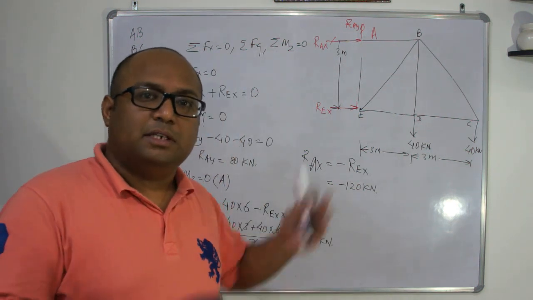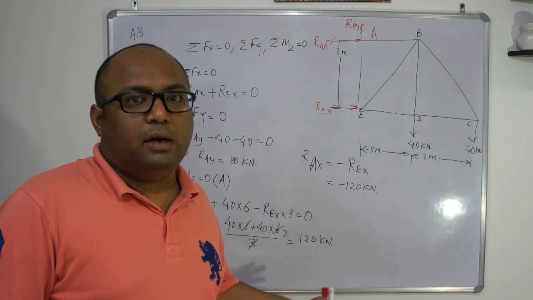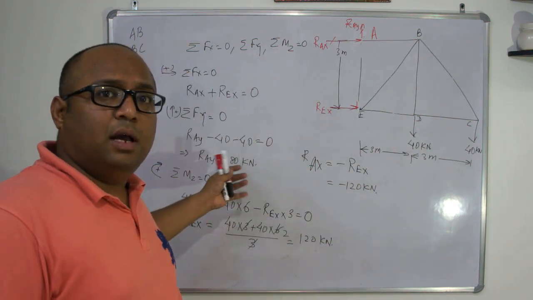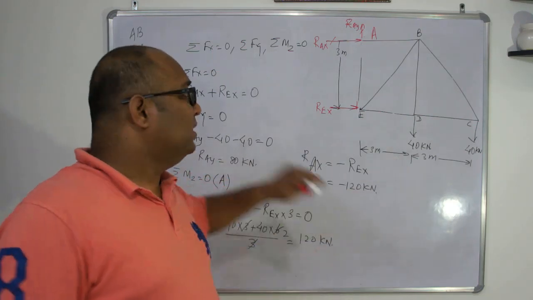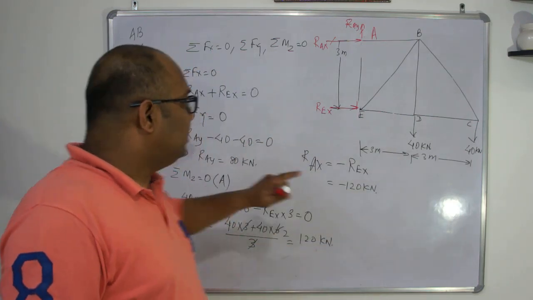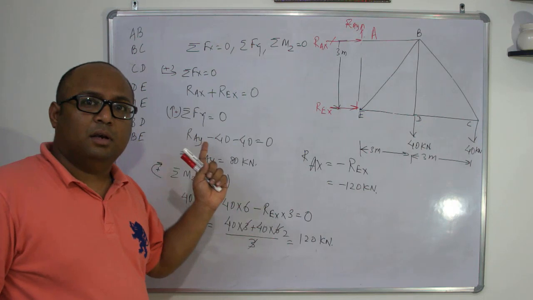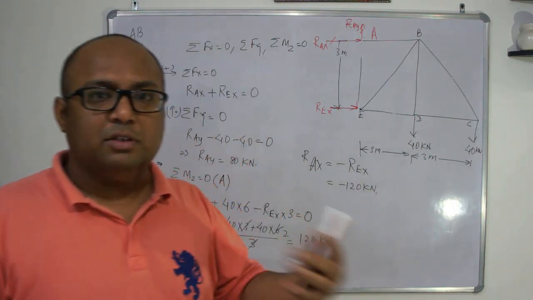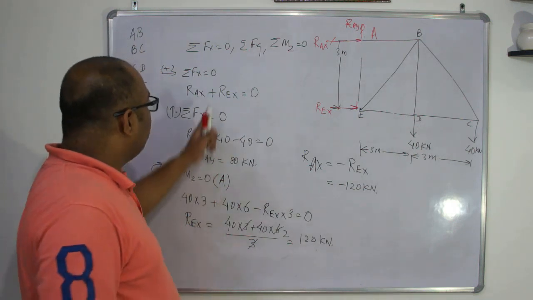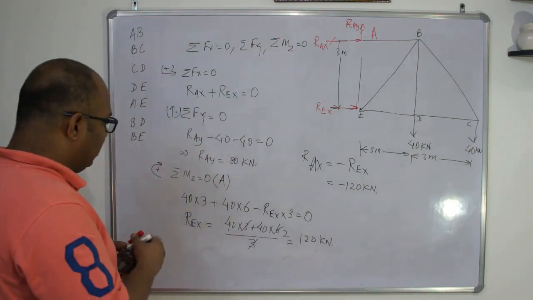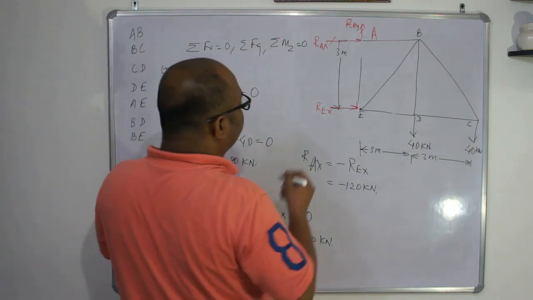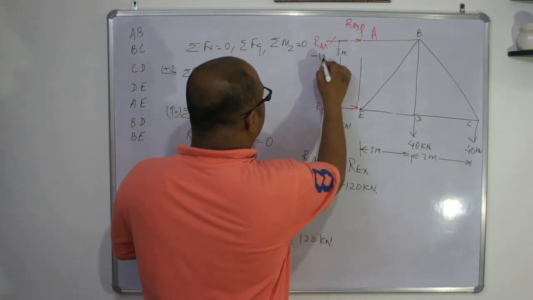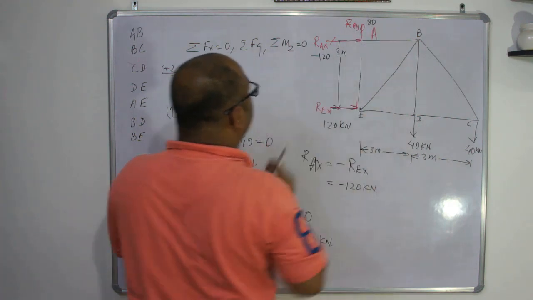It is not. This is a general procedure, so I did it, that you go for the FBD, then you go for the reactions and then you start solving the problem. But in this case, is it necessary to do this? This is the question I am putting to you. You may decide it later on once we have solved the problem. So you have this value, please note it down. Rex equals to 120, minus 120, and this is 80.